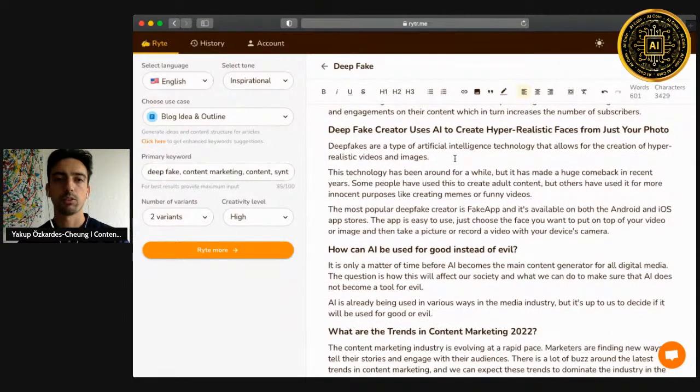Deepfake creator uses AI to create hyper-realistic faces from just your photo. Deepfakes are a type of artificial intelligence technology that allows for the creation of hyper-realistic videos and images. This technology has been around for a while, but it has made a huge comeback in recent years. Some people have used this to create adult content, but others have used it for more innocent purposes like creating